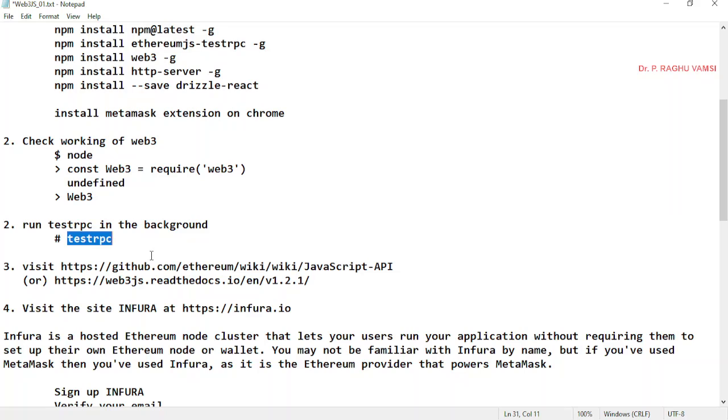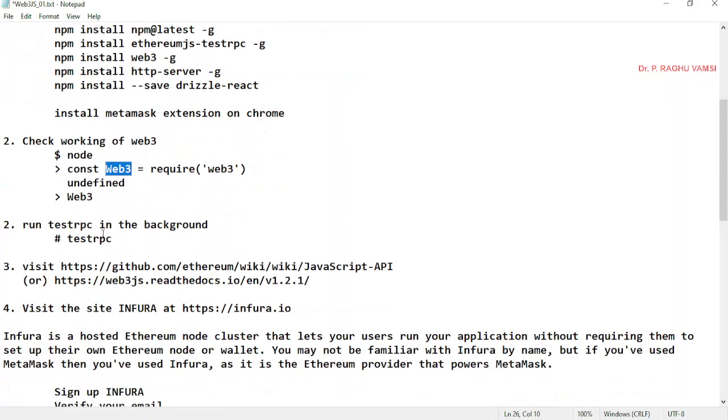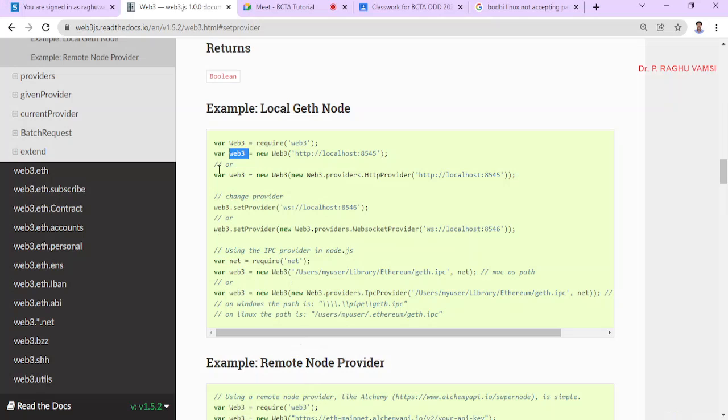Now, directly using these installations of the APIs, we are going to instantiate Web3, and via this Web3 instance, we are going to connect to the URL provided by TestRPC. Whatever modules are available in Web3, we are going to make use of these modules and corresponding functions to get our information or to pass information to the smart contracts on the blockchain. So this is the way we do it.